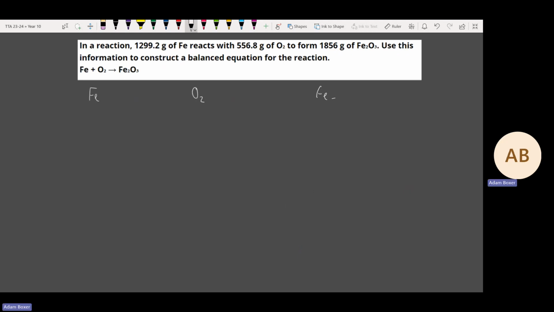FeO2 and Fe2O3. A reminder that step 1 is to work out moles. Pause the video now and work out the moles. Okay, you should be listening now if you've worked out those moles. So we'll get moles is